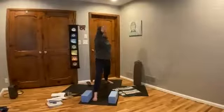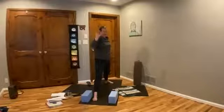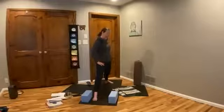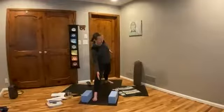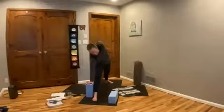And now inhale, rise back up, and at the same time, work your front leg towards straight. Left hand comes into your hip crease and push your hip back. So you're doing a little pelvic tilt here. Extend your heart toward the front of your mat, and then take left hand to your block, to the floor,